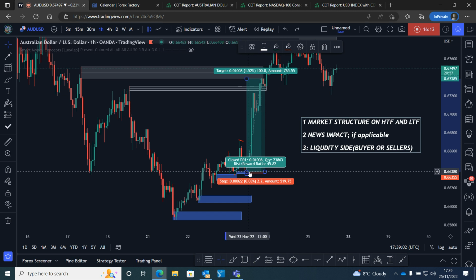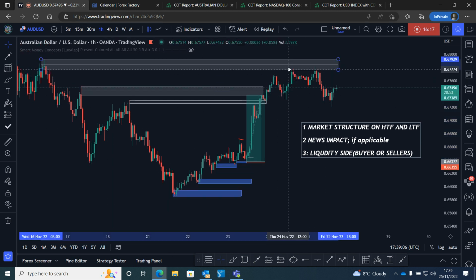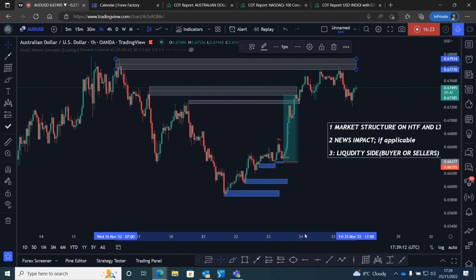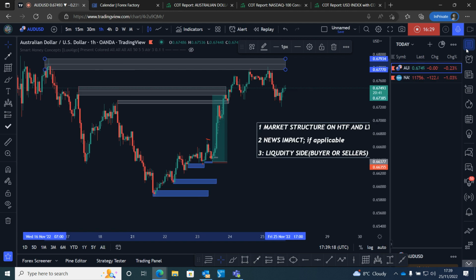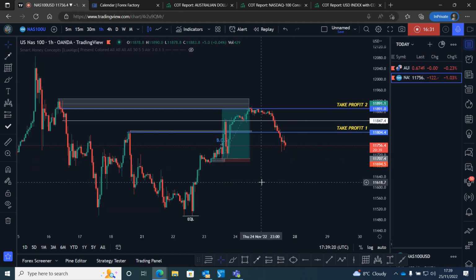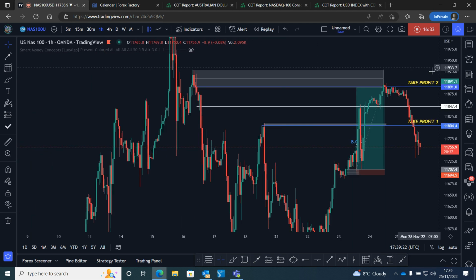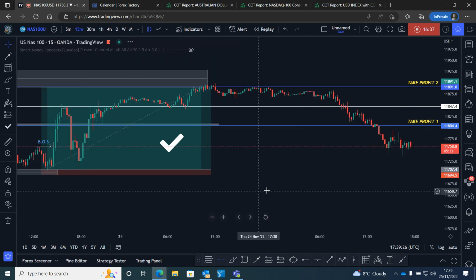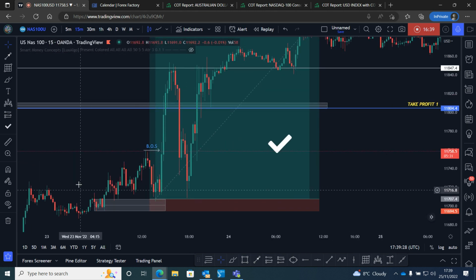Price at a discount when looking for buys, and price at a premium when looking for sells, like this area here that we have. So it's all about identifying places that make sense for the trade you're looking to take, whether it's a buy trade or a sell trade. Now, let me give another example here. This is another example, and since the news that came out was bad,